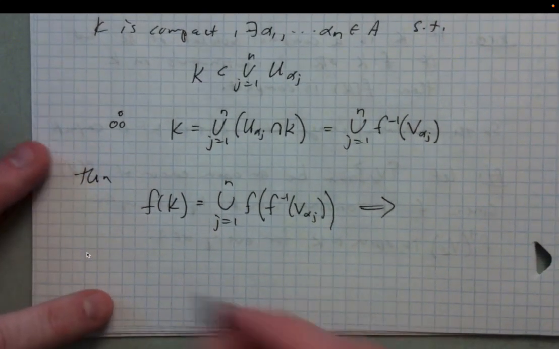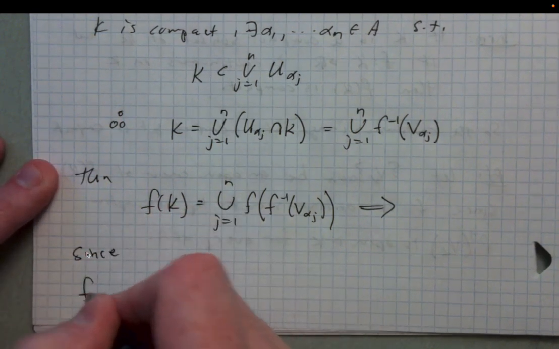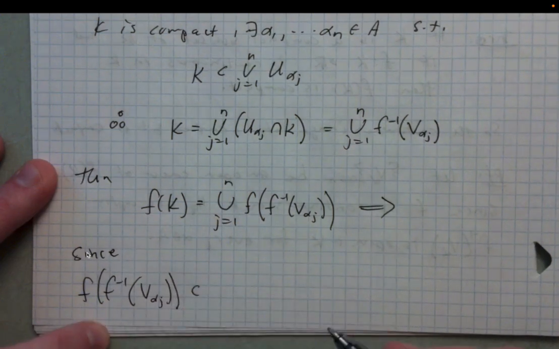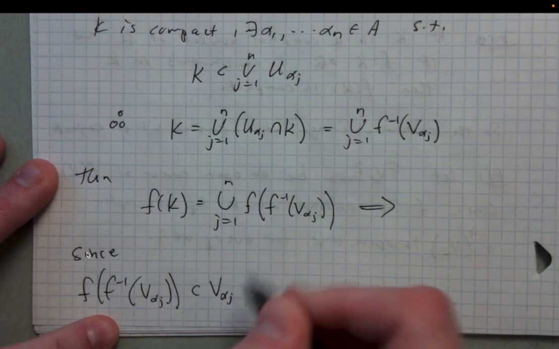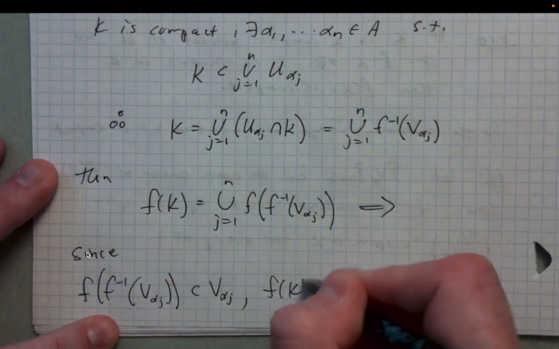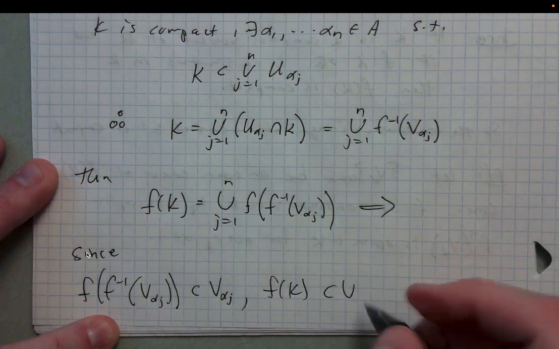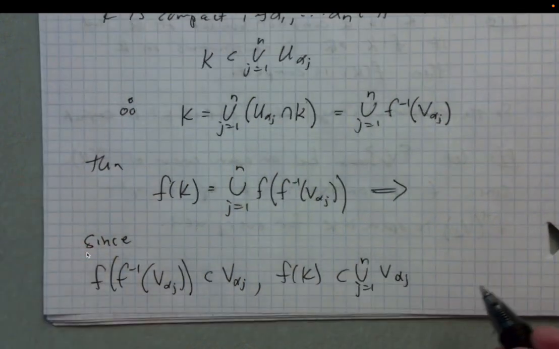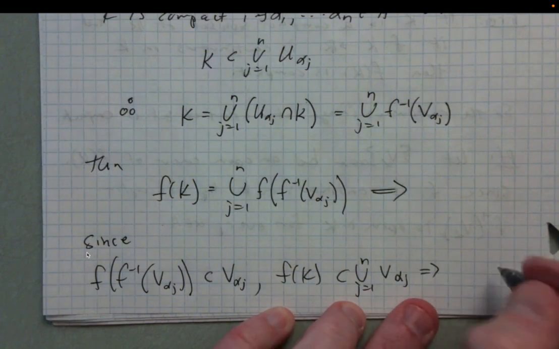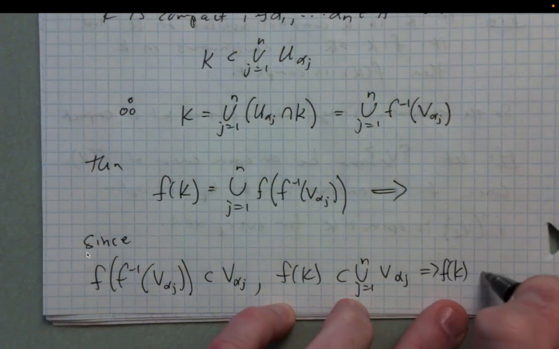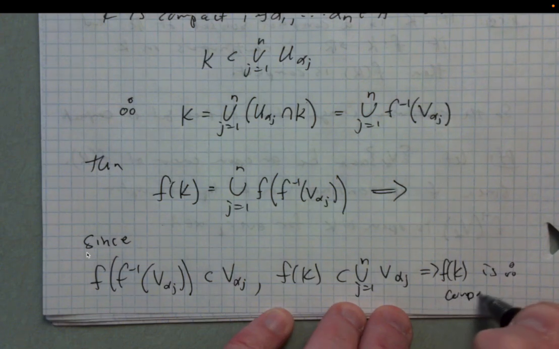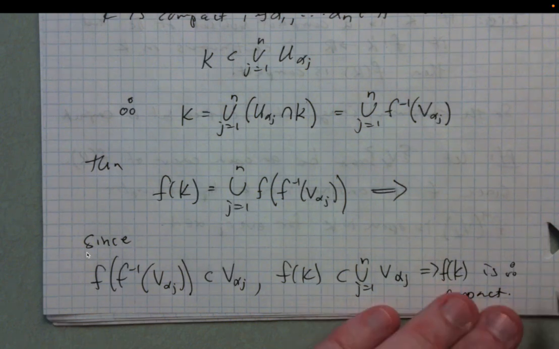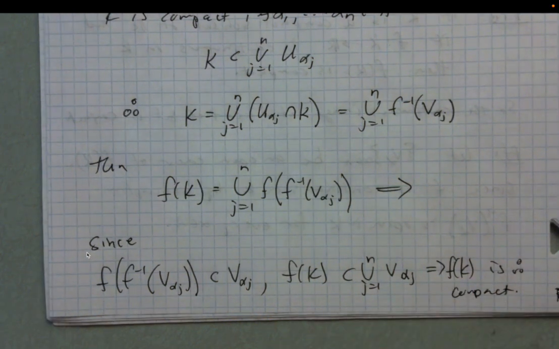And what is this? Well, since f of f inverse of v alpha j is in v alpha j, we have that f of k is in the union j equals 1 to n of v alpha j, and that's what we needed, right? f of k then must be compact, because that's a finite subcover. Okay, and so that is a finite subcover. We've shown that